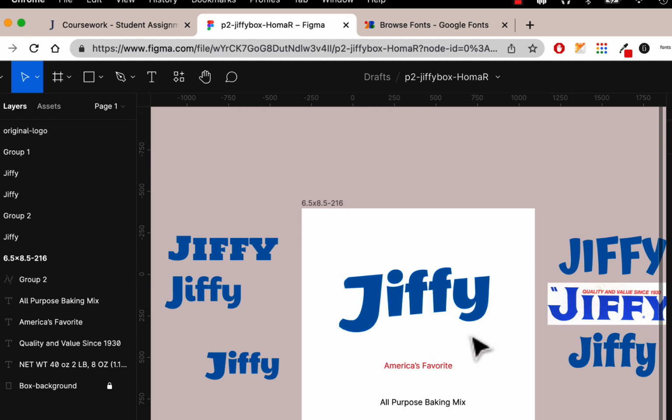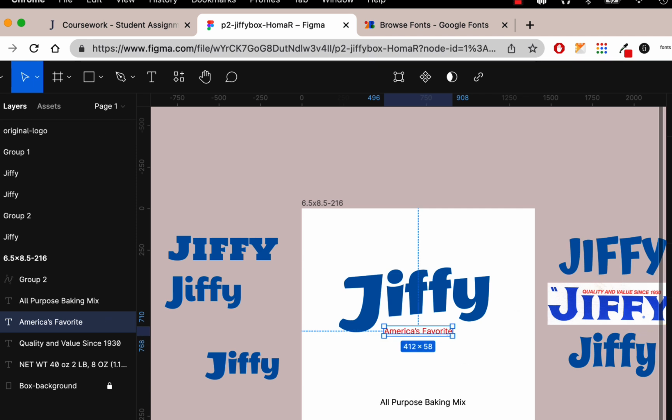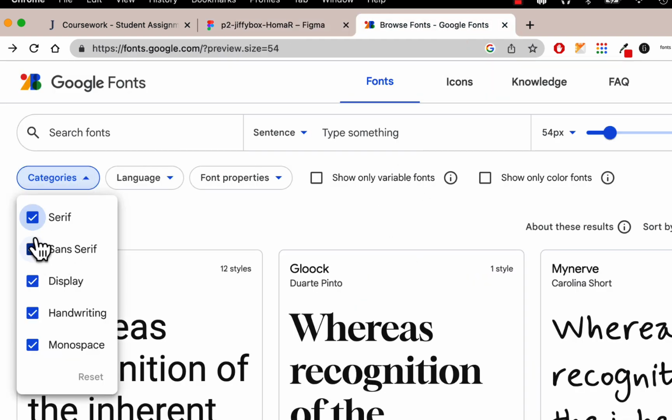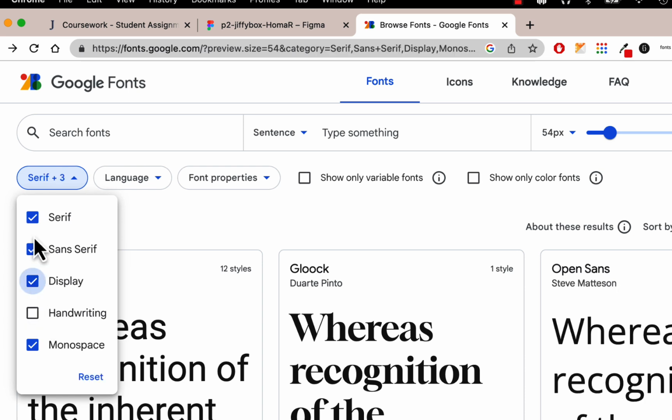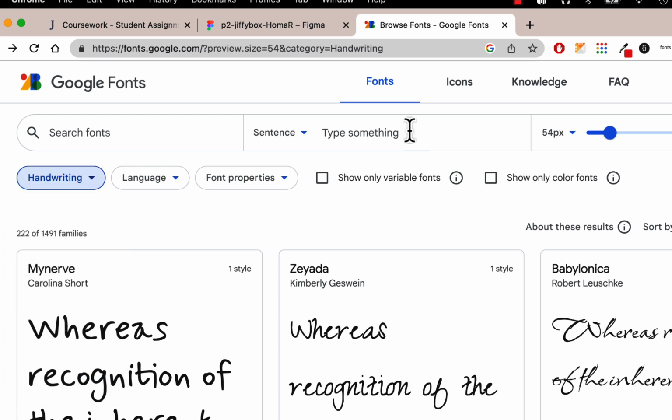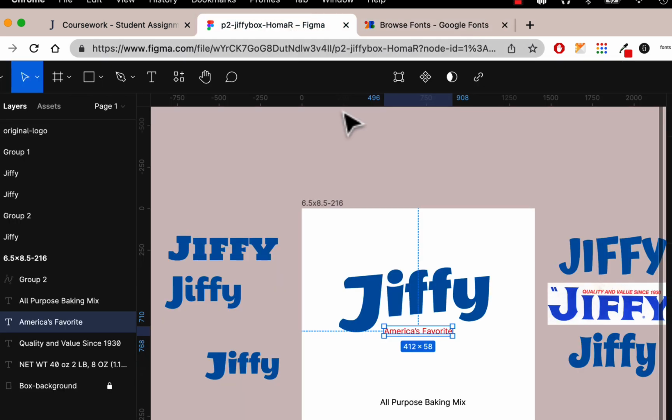Now, you could use something plain. One of the plain ones I always like is Roboto because it has a lot of different thicknesses to it. You could look for something scripty. You could go up here and go to Categories and go into Handwriting and turn off the other ones. Put on Handwriting. And you could type like America's favorite or something. Maybe you want a script to kind of counteract the straightness of this. Now, I'm not saying you have to do that. You could get away with